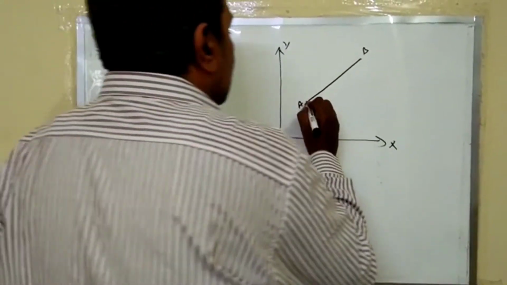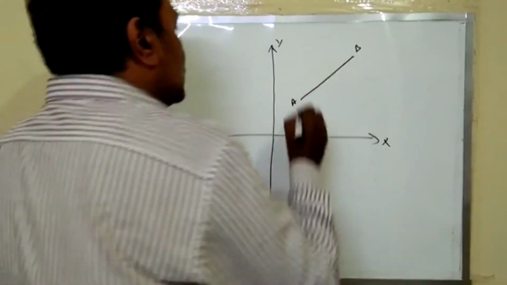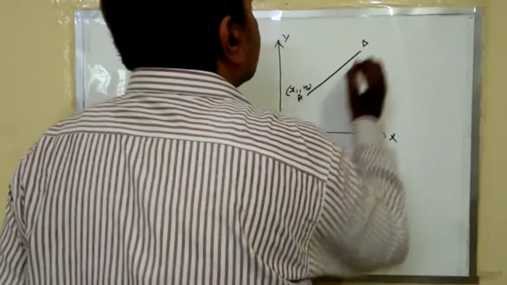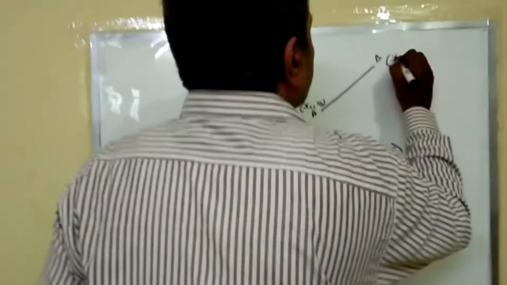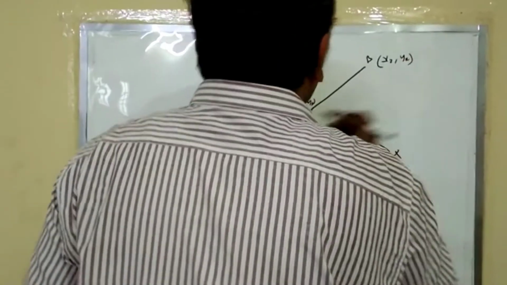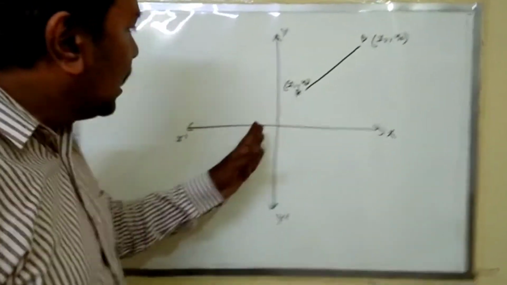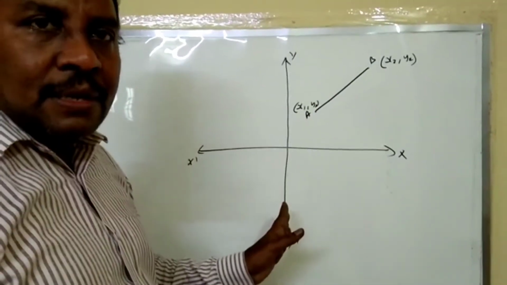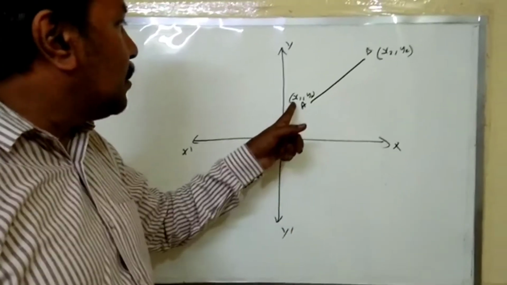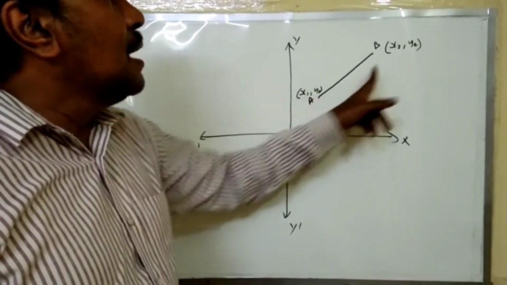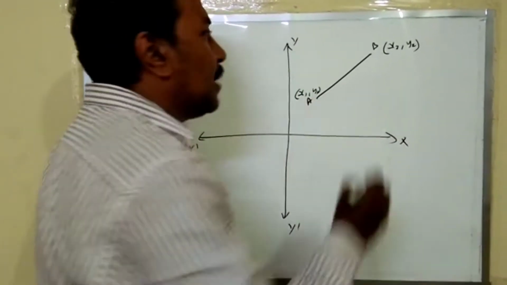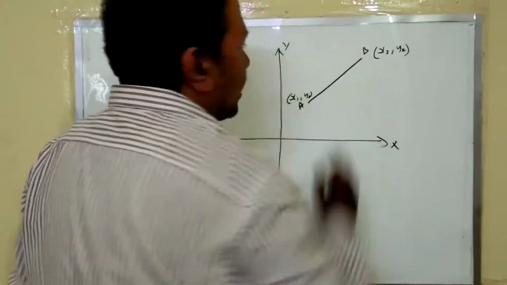Naturally A possesses some coordinates. We take it as x1, y1, and these coordinates are x2 and y2. Because we didn't mention any integers on the x-axis and y-axis, we don't know the coordinates, so we have to take them as x1, y1 and x2, y2. Now we need to find the formula for the distance between A and B.